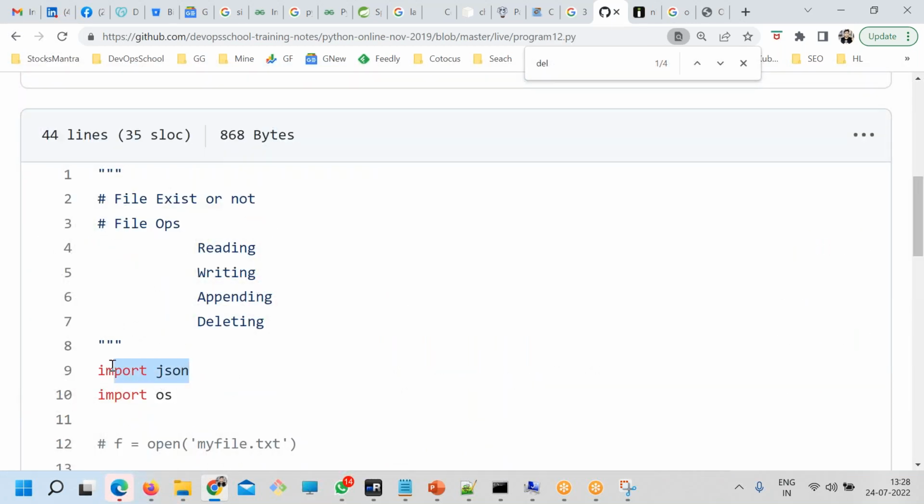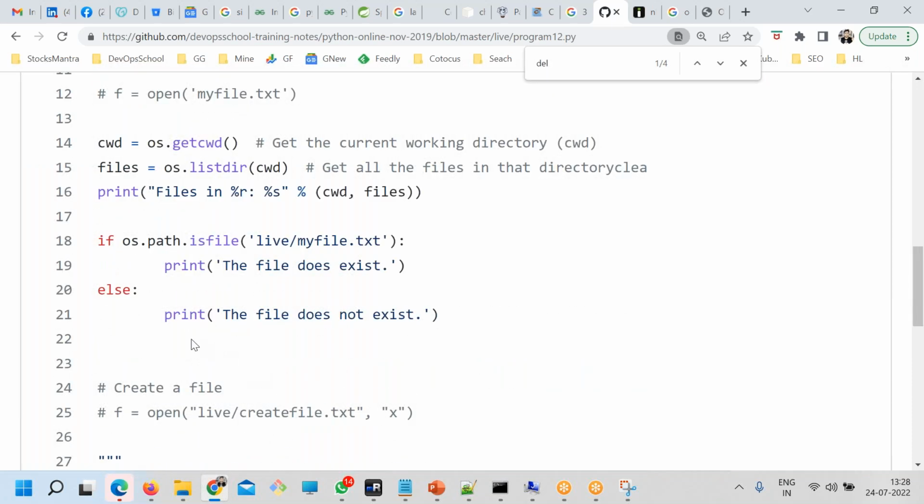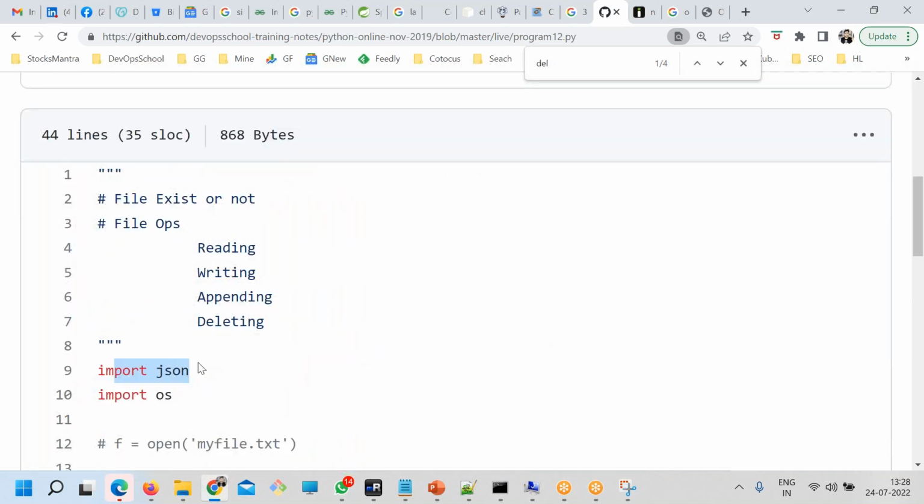This is something which I was discussing, right? So you put the classes in a different file, and how do you import it? So this is the importance. See that JSON is a class. I have not written it. I don't want to write it. It's written by someone and put in the Python packages. OS is a class. Someone has written it and created a package and put it in the Python packages. So we are importing JSON and OS.